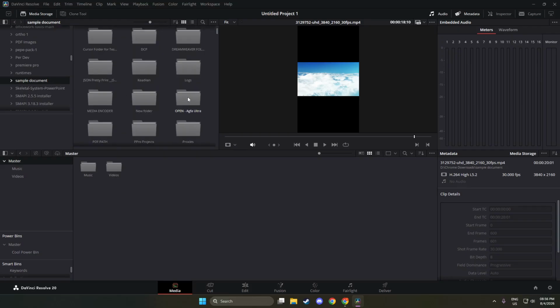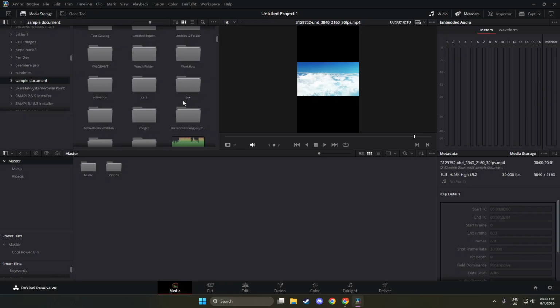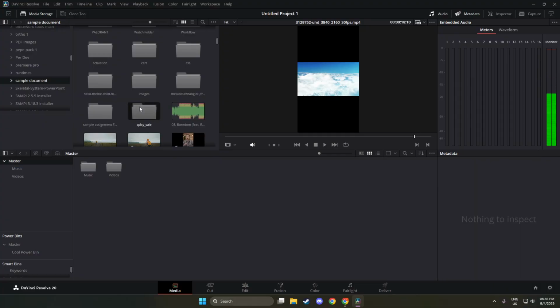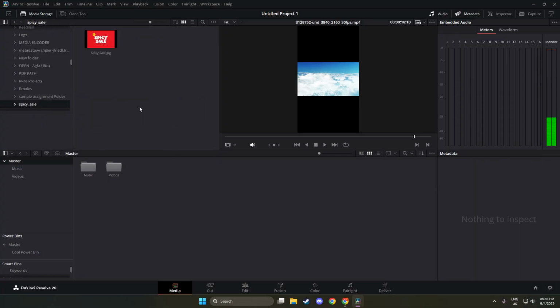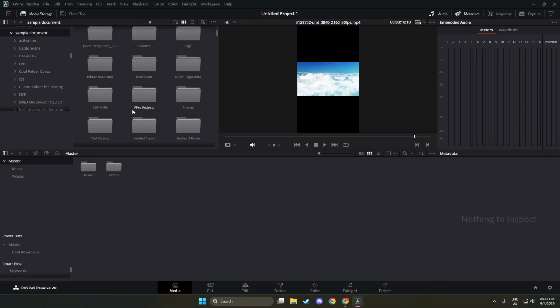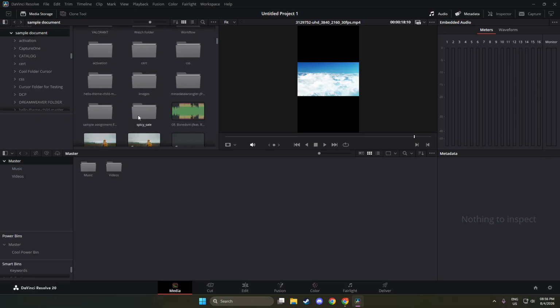Now, in the Media Storage panel, find the folder you want to import. This panel shows your drives and folders, similar to a simple file browser. If you do not see your drive, look for it in the list and click the small arrow to expand it. Then click through your folders until you reach the one that holds your clips, audio, or graphics. When you highlight a folder in this panel, its contents appear in the main area to the right. That is a quick way to confirm you have the correct folder before you import anything.